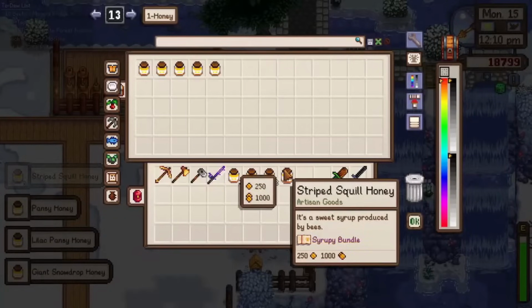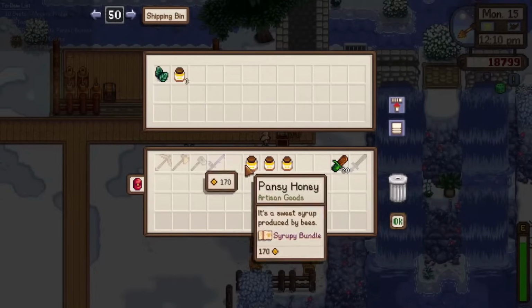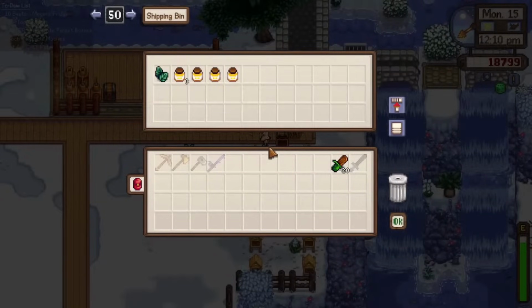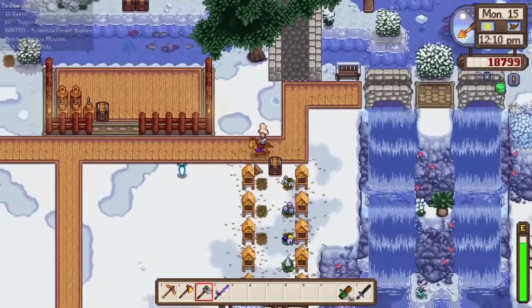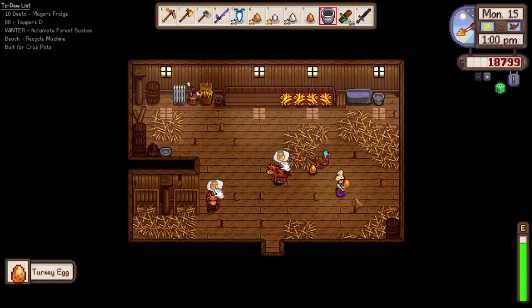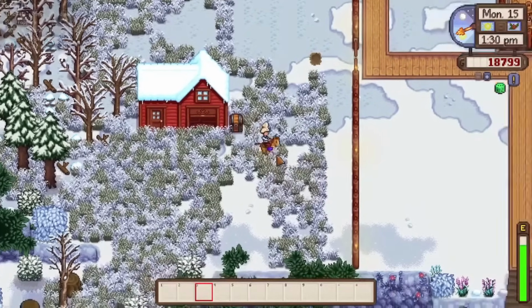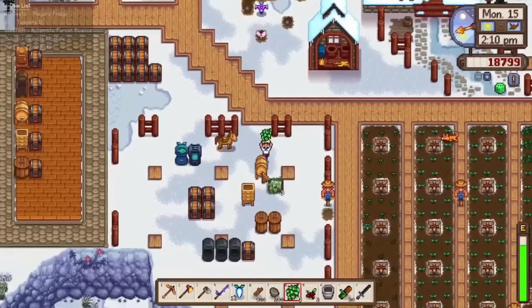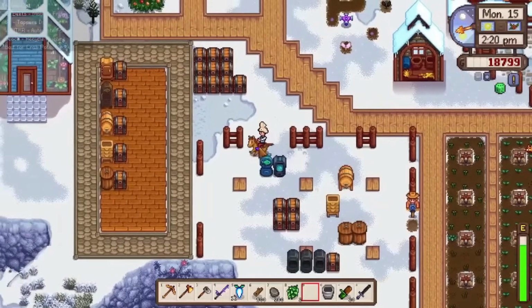We ended up with striped quill, pansy, lilac pansy, and giant snowdrop honey. Of course, we shipped off the excess, holding onto 1 of each for our forever collection, and we do now need to start thinking of setting up a forever chest for all of the honeys very soon. Our turkeys provided the first turkey eggs today. We didn't ship them off, but it did allow us to put a normal and gold quality one into forever storage. We set up some pale ale and cranberry jelly being made until we automate it in a future shed,